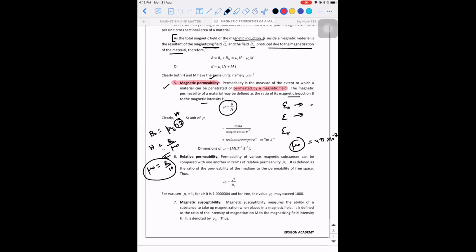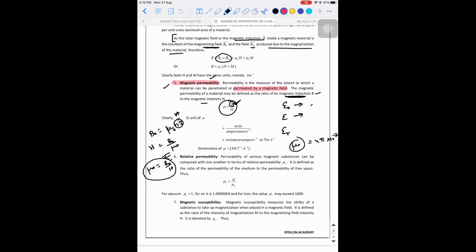When I say magnetic permeability of a material, it is the extent to which it has got magnetized. That is the magnetic induction. So what is magnetic induction? It is not only B naught, it is B naught plus Bm. So it is the extent to which the material has got magnetized divided by the amount of input you have given, that is the magnetizing field intensity. So when you're writing about mu naught, it should be B naught by H. Whereas when you're writing about mu, remove that naught, and B stands for magnetic induction. I'm just telling you a method. Yes sir, understood sir.